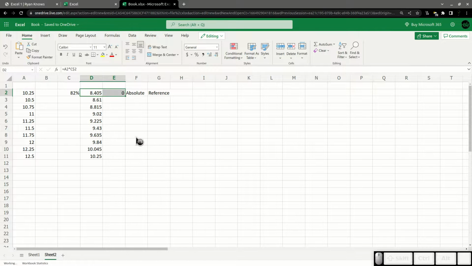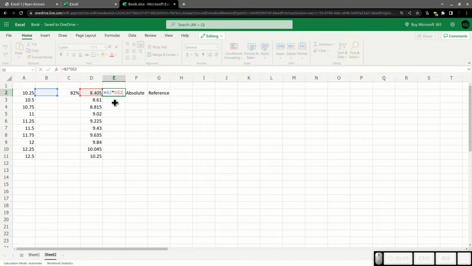If I drag it over here, notice we get a 0 again, because it's now referencing to the right. Since I dragged it 1 column to the right, it moved both of these references to the right. If I didn't want it to do that, though, I could lock, oops, I could lock the columns like that. So I'm locking both of the columns now.